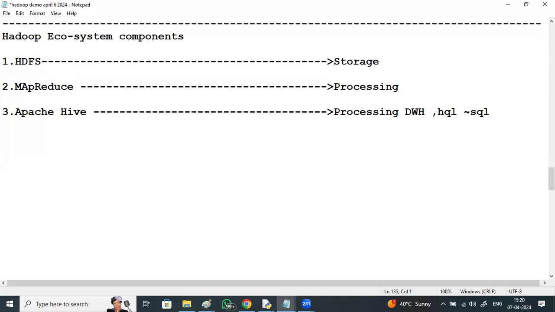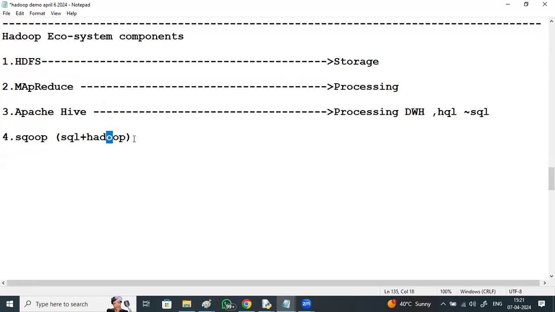Apart from this, we have one more component called Sqoop, SQL and Hadoop. The first two characters of SQL and the last three characters of Hadoop combine to form Sqoop.